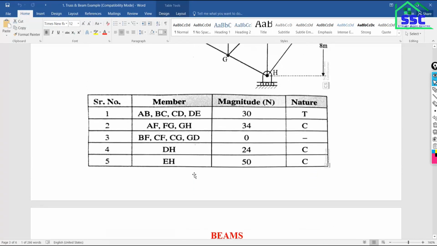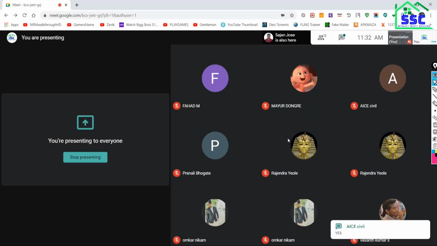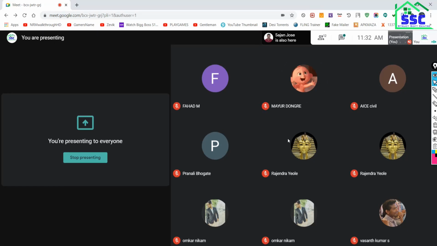Okay, this is the third truss. Determine the forces in the members of the truss. It is your practice. You just try it on your own and verify the results. If you are getting any problem, just tell me in the next session. I will discuss it. But you first try to do it on your own. Got it? Okay. The third practice, the third truss, you have to try on your own. Are you ready to do it on your own? Okay. So I will share the document with you. Then you can try to model the truss, and then try to verify the results.